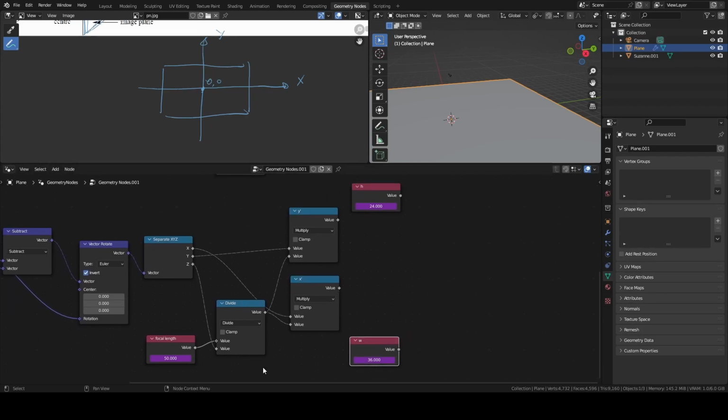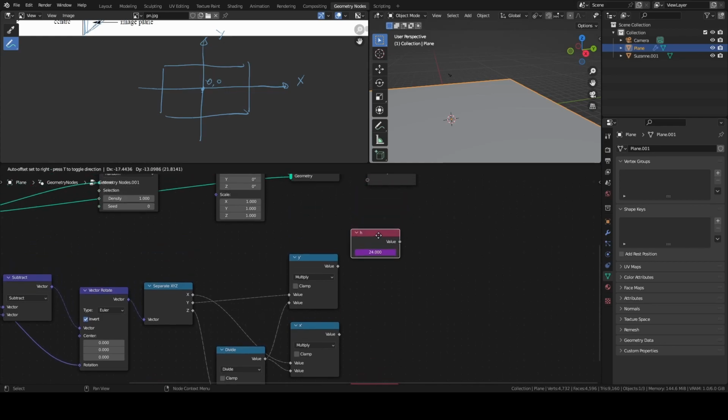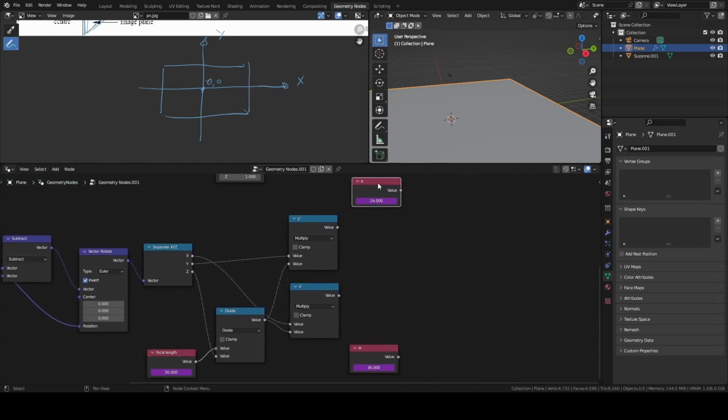Okay. Oh, by the way, if you are concerned about measurement units, this focal length is actually in millimeters, and here we are doing the computation in meters because X, Y, and Z are expressed in Blender units, which are generally meters. And so actually the result here is scaled up by a factor of 1000. But that's not a problem, because now we are comparing the value against other measures that are also expressed in millimeters. These H and W are in millimeters, so we don't have to do any conversion.